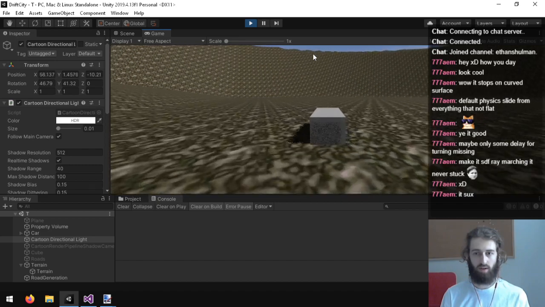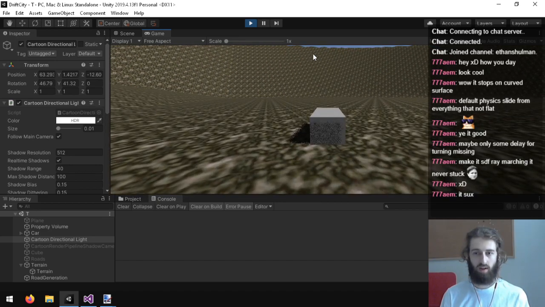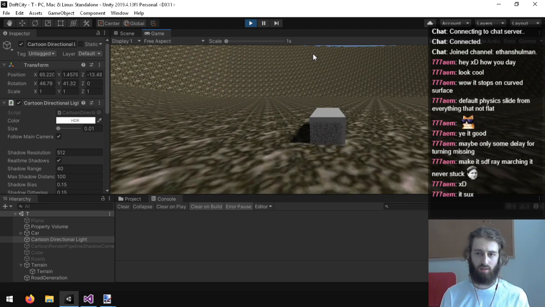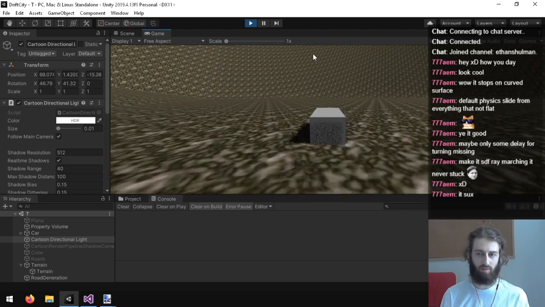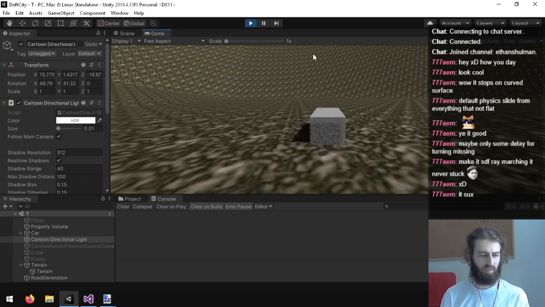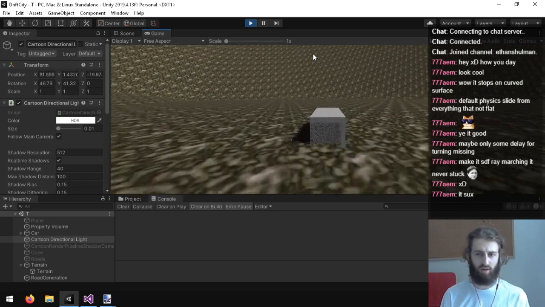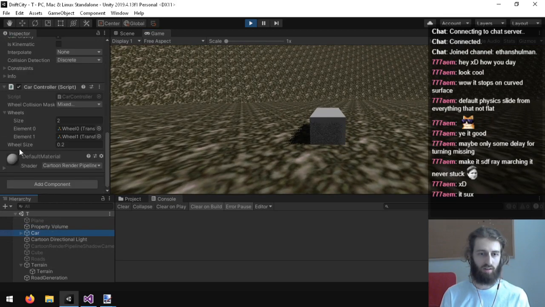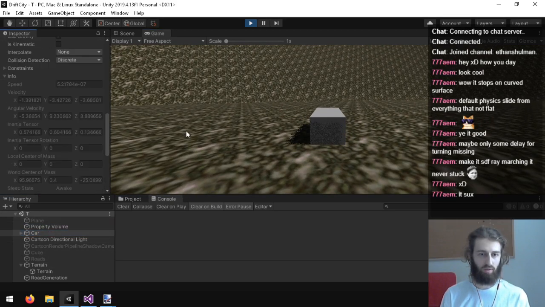So weird. Angular velocity doesn't count when it's moving very slowly. Like right here it has angular velocity, but it's not actually turning. Hold on, can we literally see?